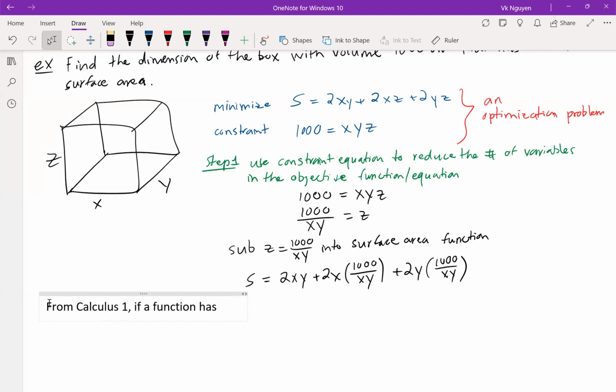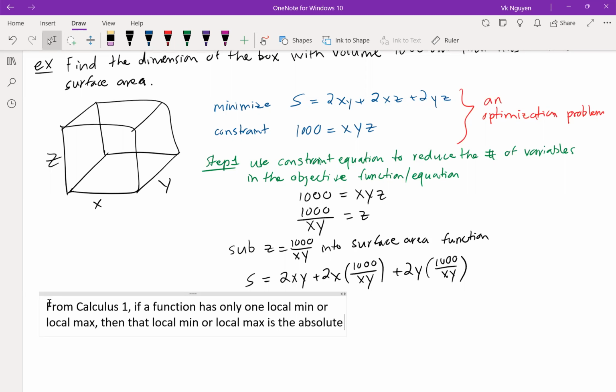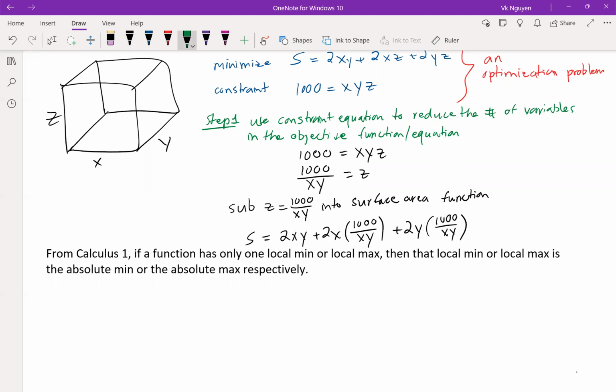If a function has only one local min or local max, then that local min or local max is the absolute min or max respectively. To find the critical point,